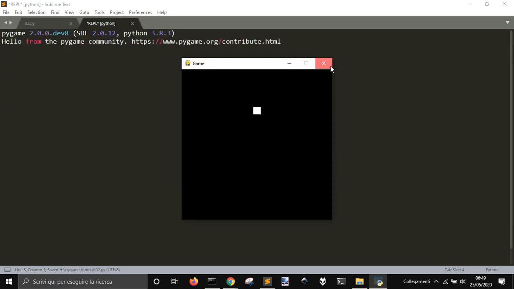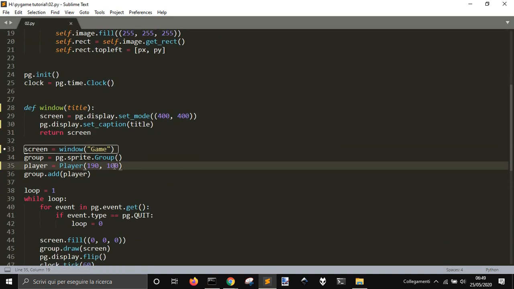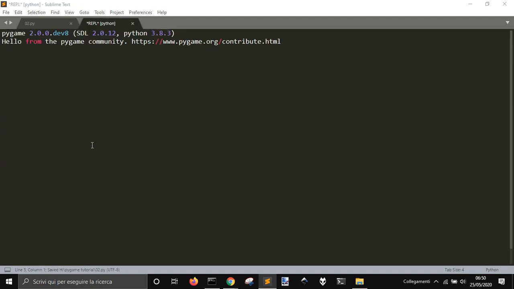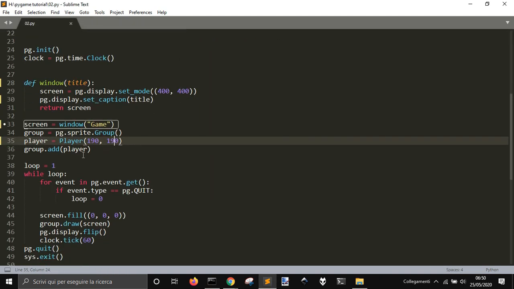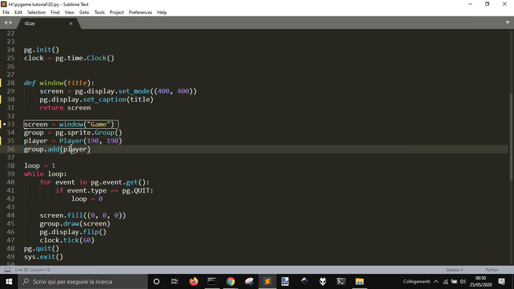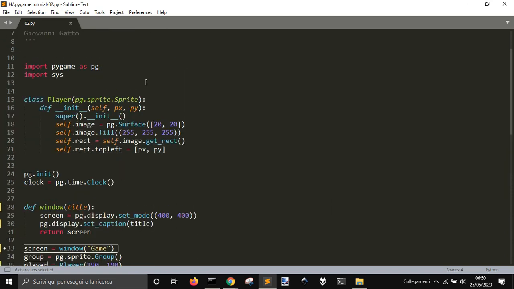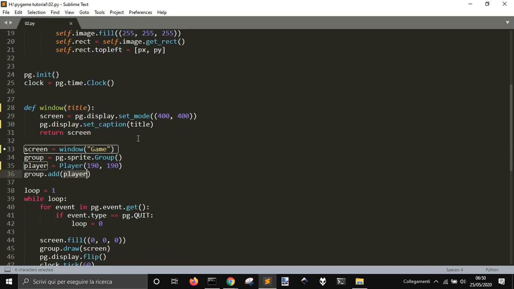So now it's really in the middle, and this should also be 190. You see now this square is in the middle, and then we group.add player. So we have the player sprite object here, that is this surface image, into this